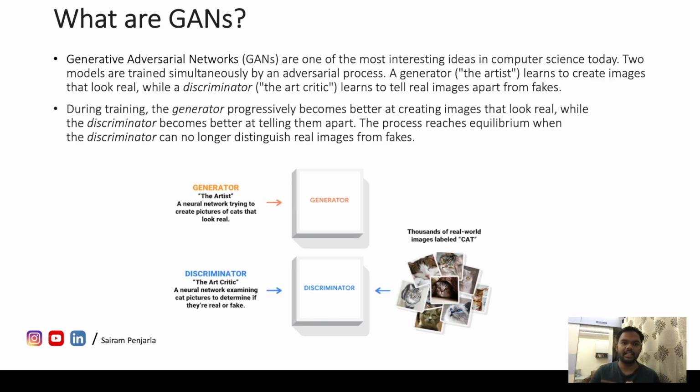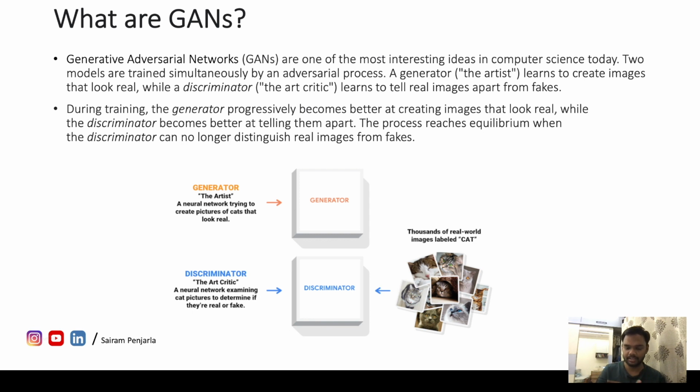So what are GANs? GANs are generative adversarial networks, and these are the most interesting ideas today, because the idea of having an image that's very photorealistic and yet is not real is completely brand new to us. It's a very interesting science fiction kind of idea, and let's understand how GANs are able to build those kinds of things. If you have seen the recent publications or even the recent trendings on social media, we can see that this image has been generated by AI completely from scratch,